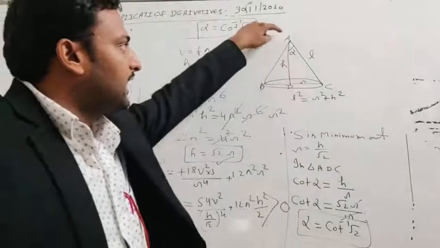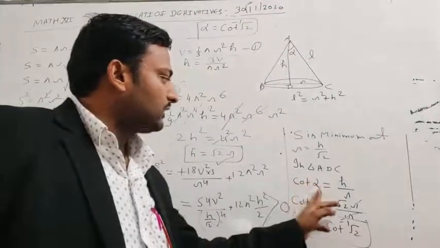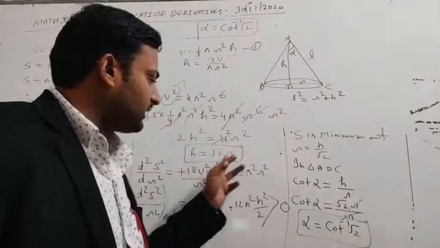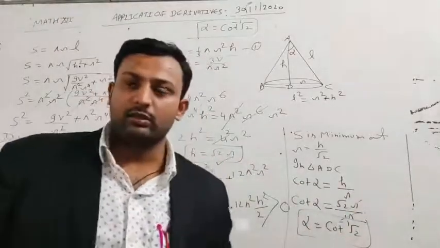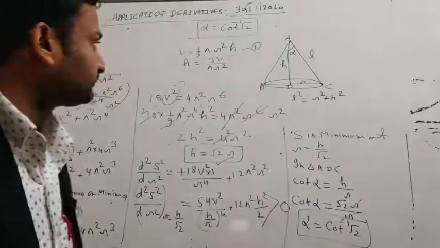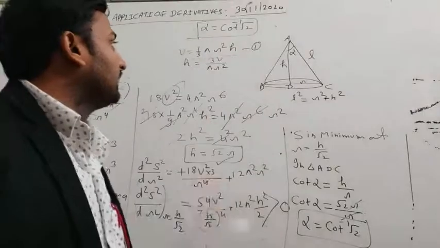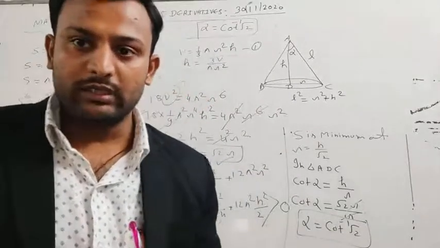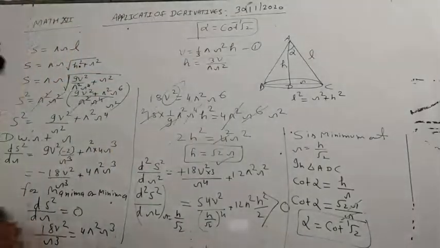So after that, in the triangle ADC, we will find our cot alpha will be h by r, and when we put the value of h, which is equal to root 2 r, it will be cancelled out, and alpha will be cot inverse root 2. Okay, so in this way we can prove that our semi-vertical angle alpha will be cot inverse root 2. I hope you understand. Thank you. So next question is,